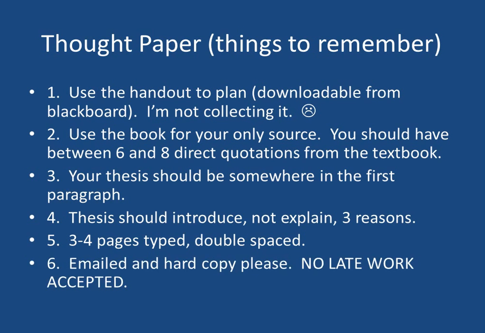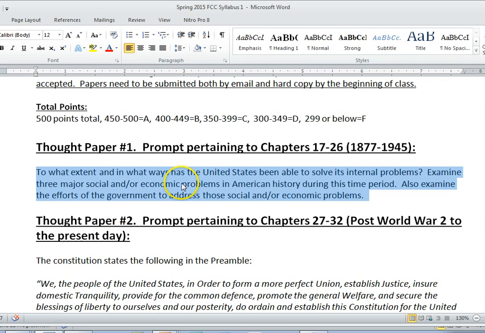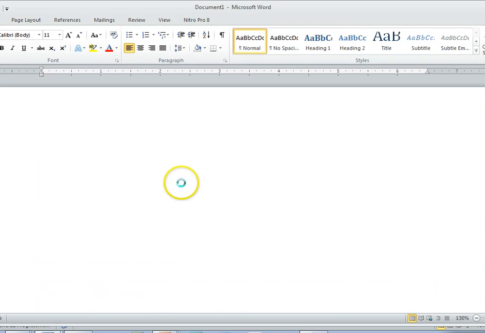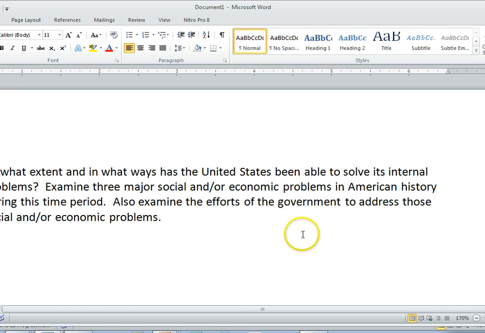No late work accepted. And you guys, there's a couple things I would feel so stupid if I didn't at least say this. So bear with me as we go through. I'm just going to open up a new Word document real quick and copy this, and let's talk about different ways to cite sources, because another thing you're going to need to have is between 6 and 8